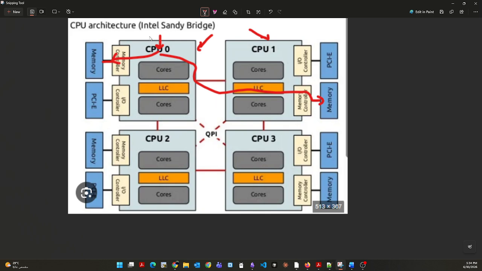But the cost of allocating memory or taking data from the local memory is going to be way less than connecting to another CPU's memory because of what we call here, as you can see, the interconnect. This interconnect is going to be the bottleneck